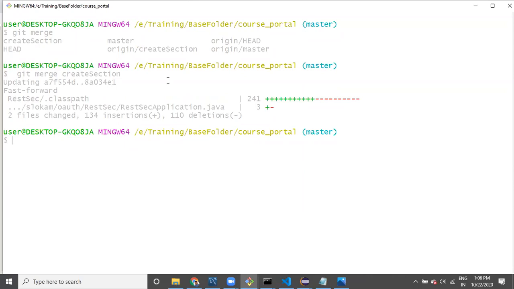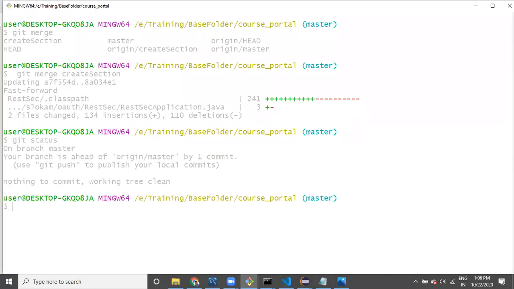Then it gets moved to your master. Then git status, nothing to commit.